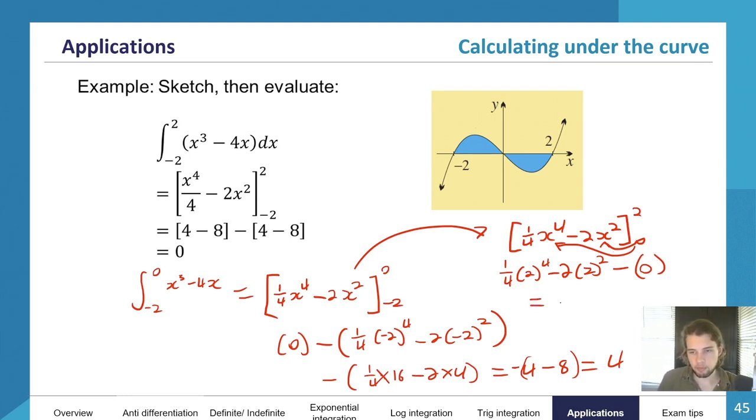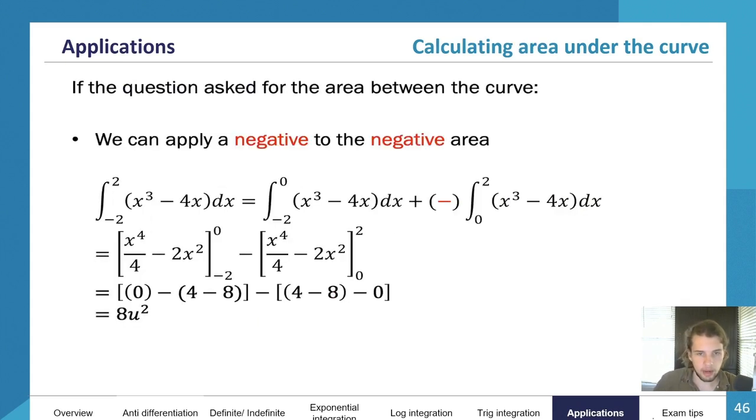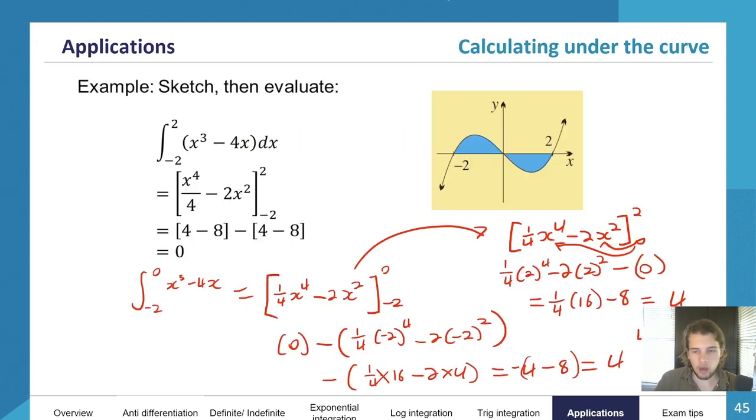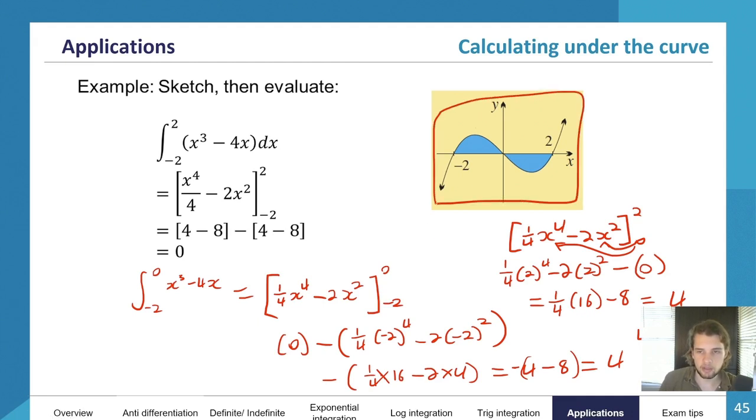Now we have 1 over 4, 16 minus 8 is equal to 4. So our whole area is 4 plus 4. So a good way to sort of put these, they might have it over here. One way you can actually write the formula, the equation, to find one of these